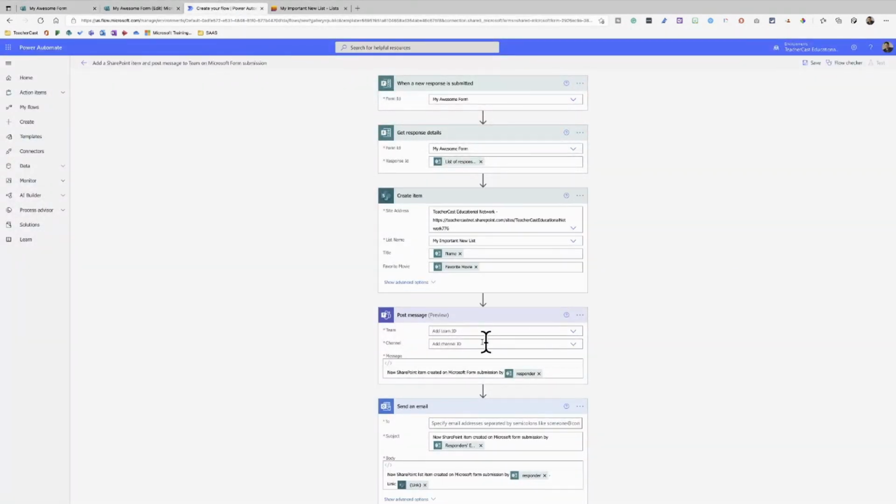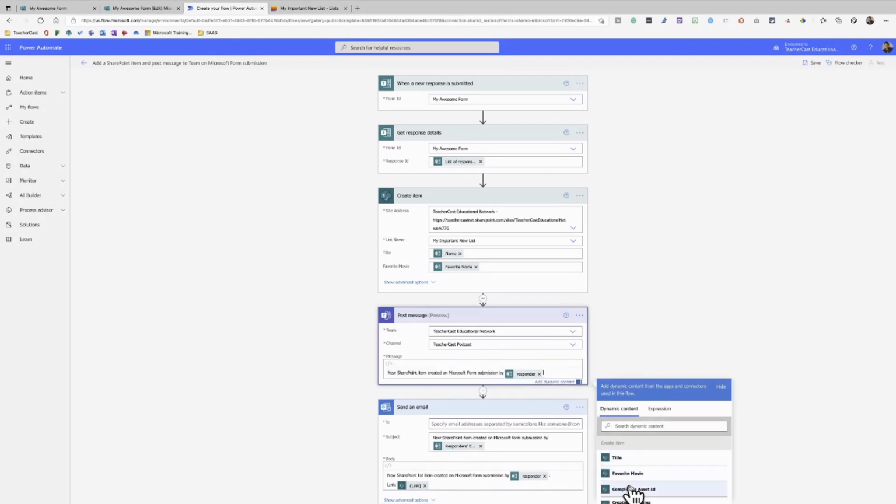Next thing I want to do is I want to figure out where I want this message to be posted in Microsoft Teams. So I've got my TEACHERCAST Educational Network team, and I'm going to put it in the TEACHERCAST podcast channel. And it's going to leave a message that says a new SharePoint item is created, but I can add anything that I want there. I can even add dynamic content to it. So I can say a new SharePoint item was created from, and then I can add the person's name who